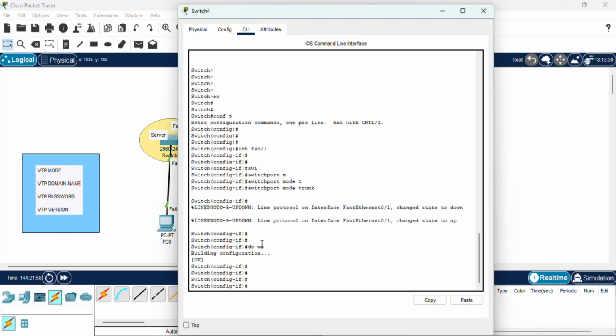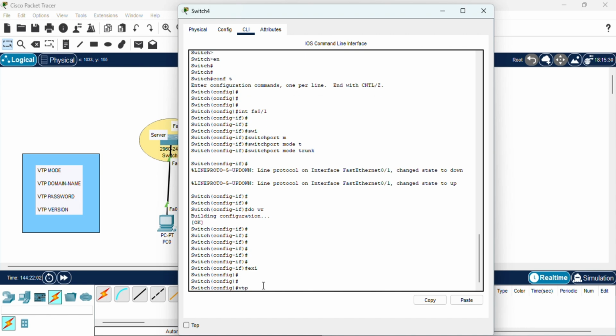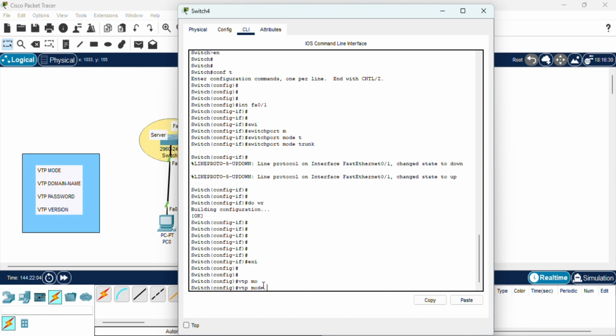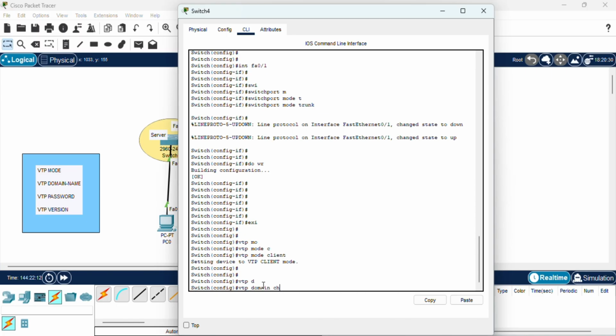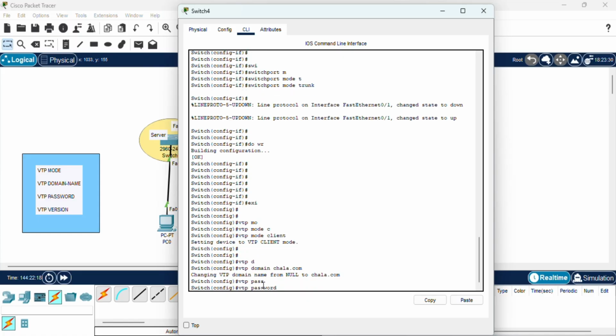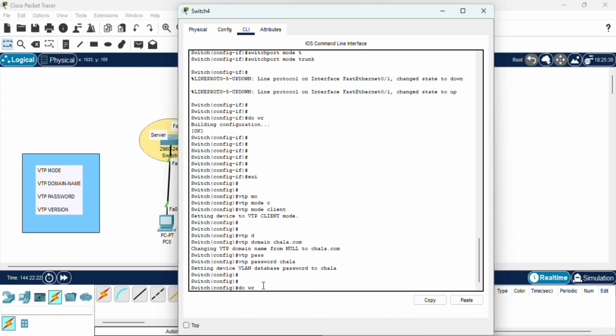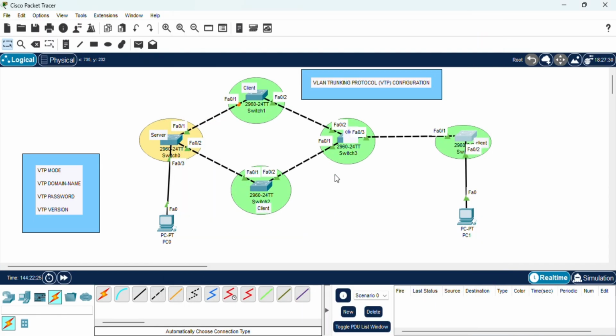Come to the last switch. Here it is. VTP mode client, VTP domain Chala.com, VTP password Chala. You do write. That is it. We've done the